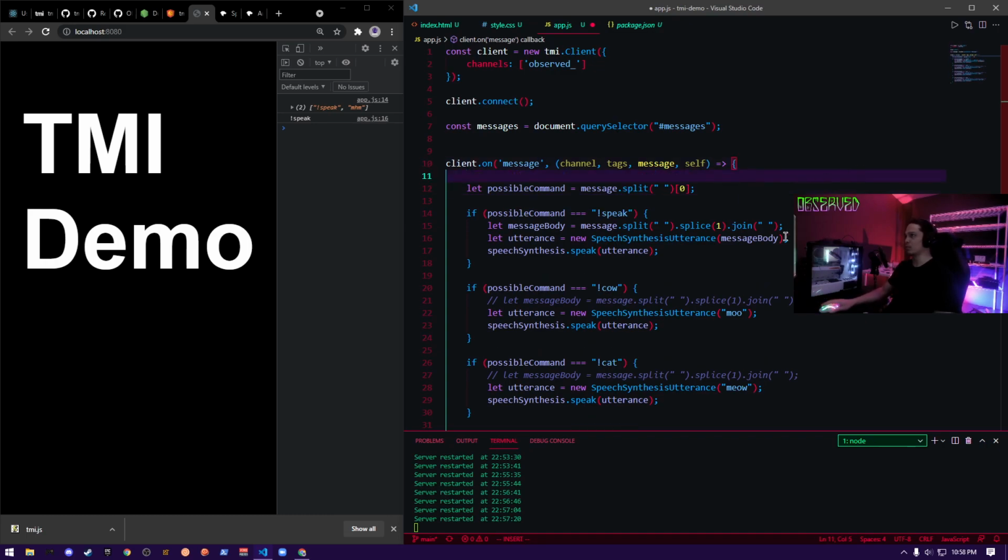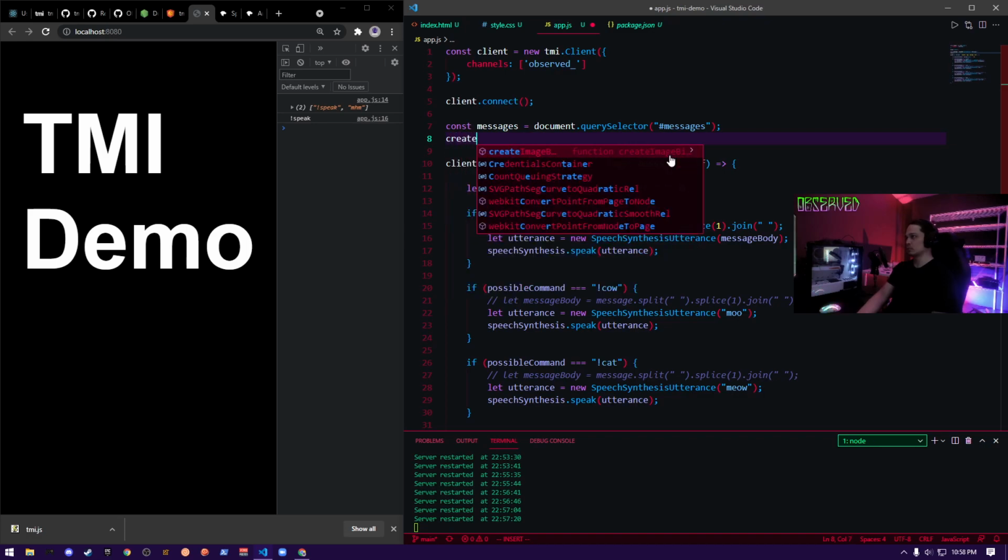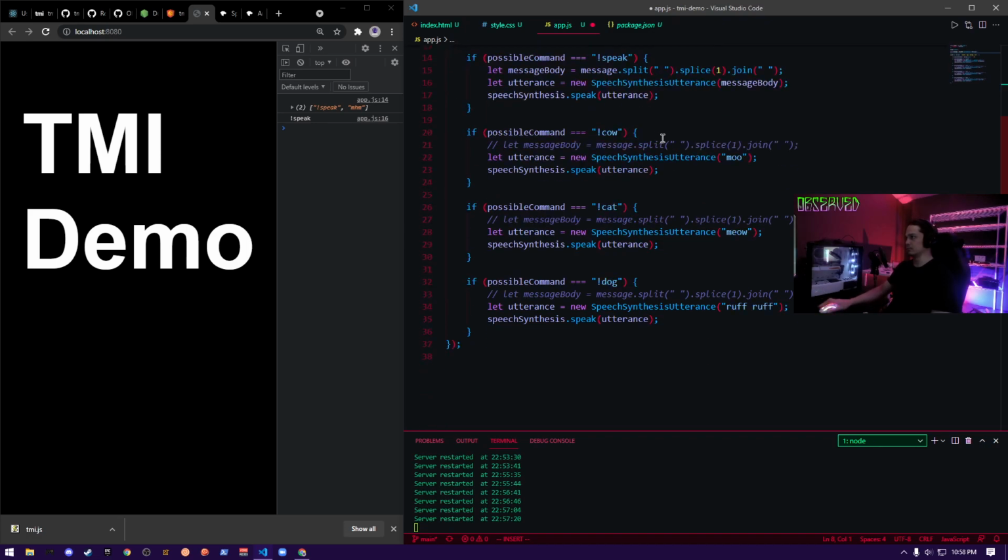Let's make a message card. On message, let's have a create card function. Like that.